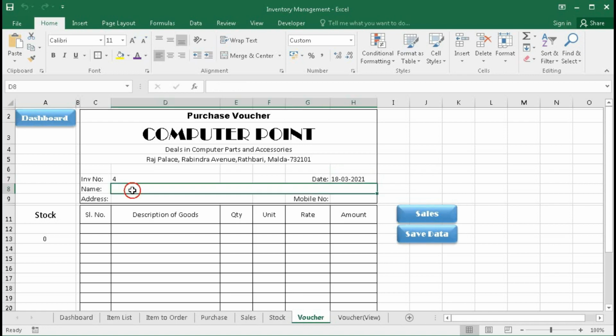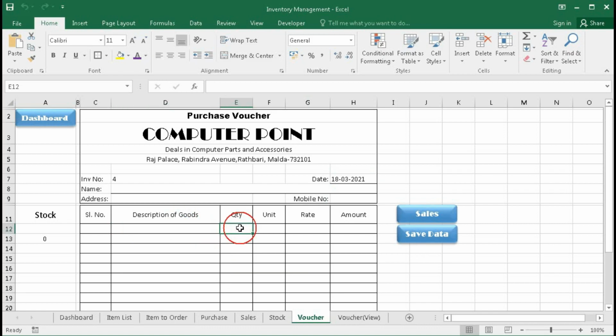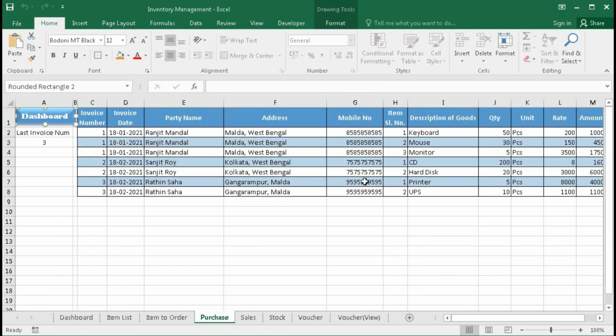Then type the name of the creditor, then address, mobile number and type the item which you have purchased. Then type quantity, unit, rate and amount and then save data. If you save data, these values will be entered in purchased data sheet.